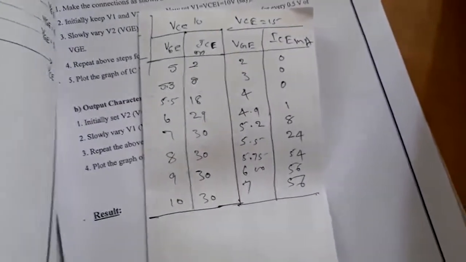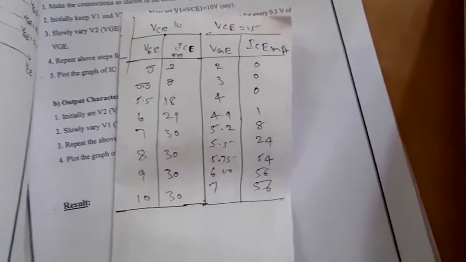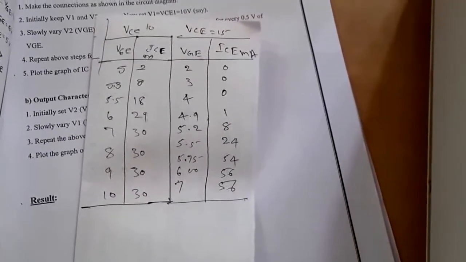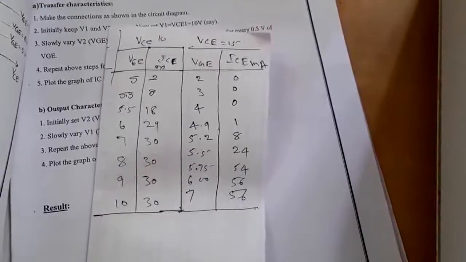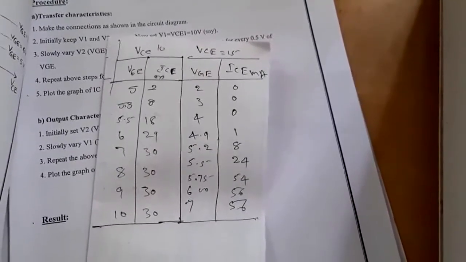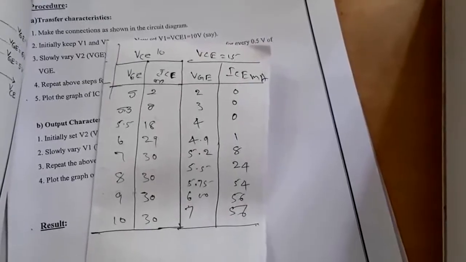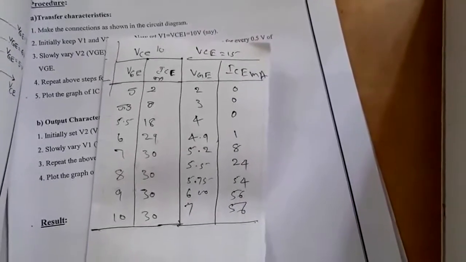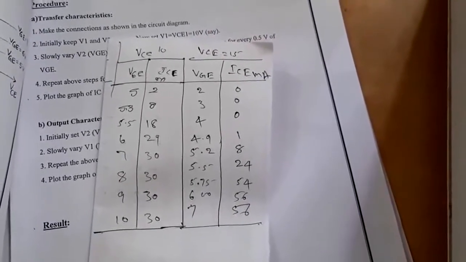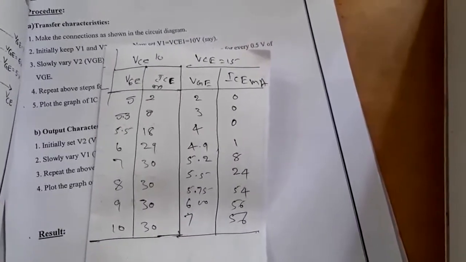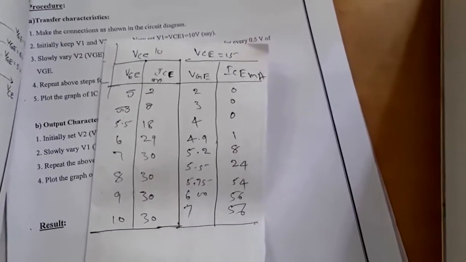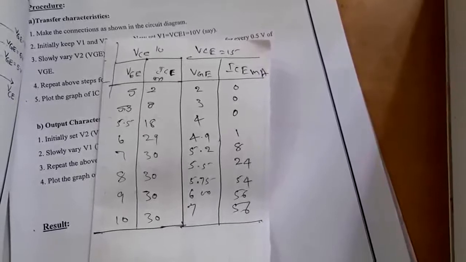So we have only set VC high here. We have not changed any VG. VG is generally linearly changed. But when VC is high, IC is also proportionally high. So that's what is indicated by this particular experiment.